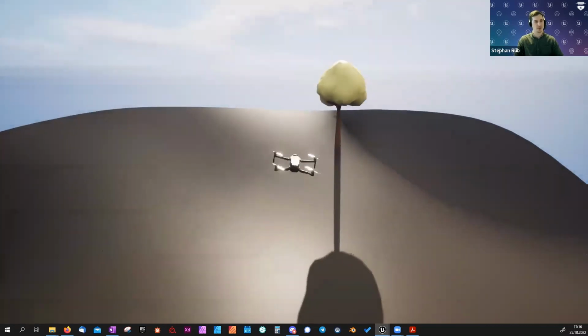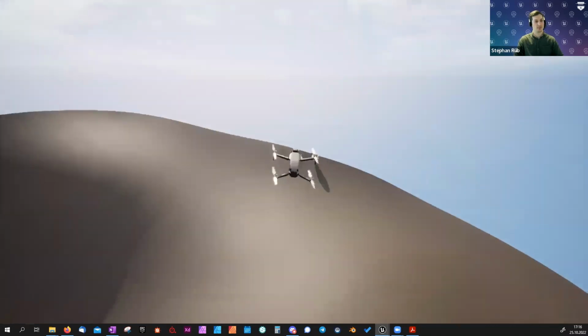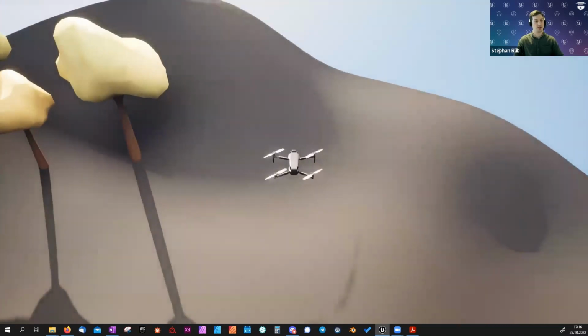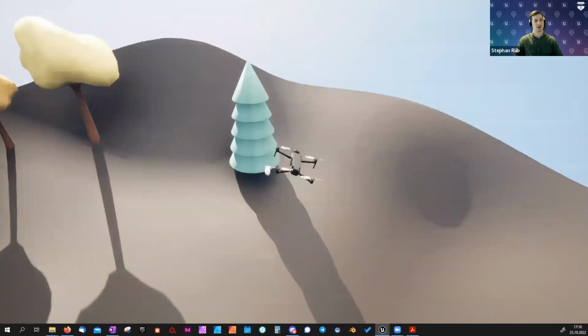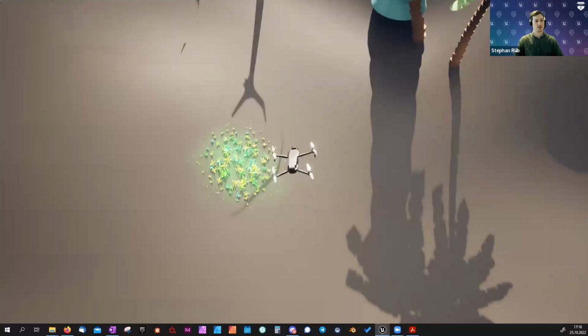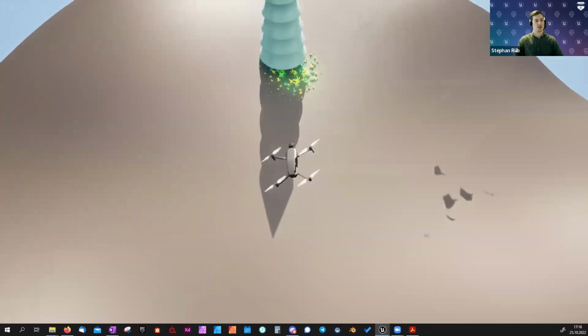So if I shoot this seed here, you see this tree pops up from the ground, and I can do this multiple times and spawn multiple trees. This is one type of tree. There's another type of tree, which is this one. And here we have a palm tree as well. And also you see, I also drew a little bit of grass here, so I can draw some grass